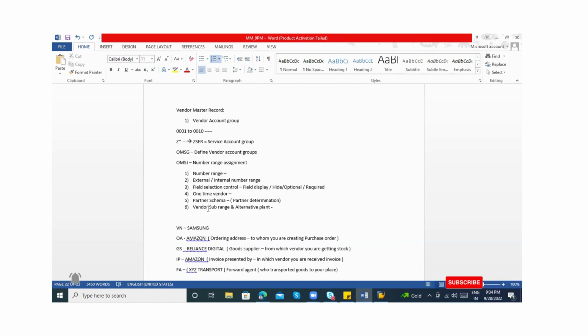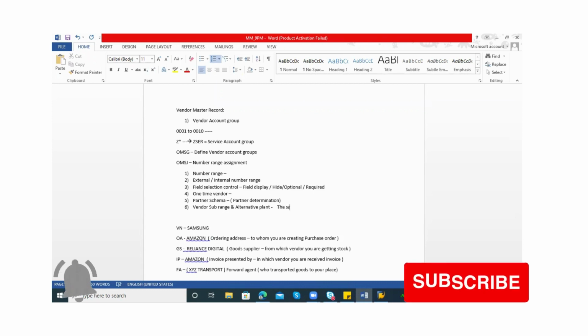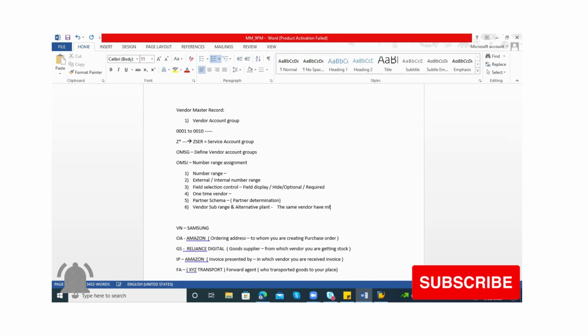when he is supplying from Nepal, what is the currency? It is the Nepal currency. When you are supplying the goods from Delhi, it is the Indian currency. Again, when they are supplying from Sri Lanka, the bill will be generated in Sri Lankan currency. So basically, when the same vendor has multiple purchasing data,